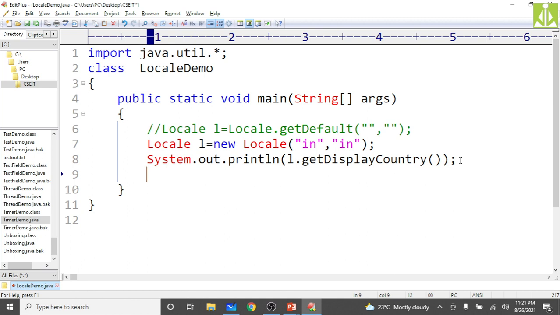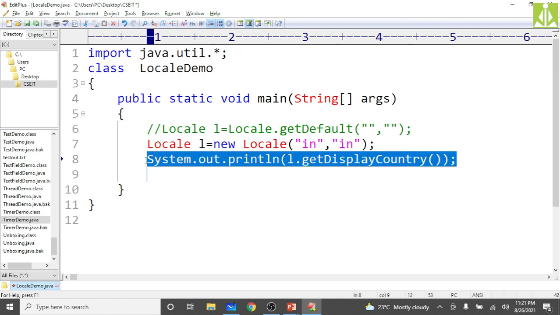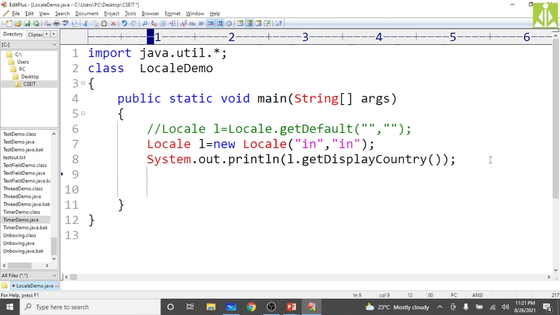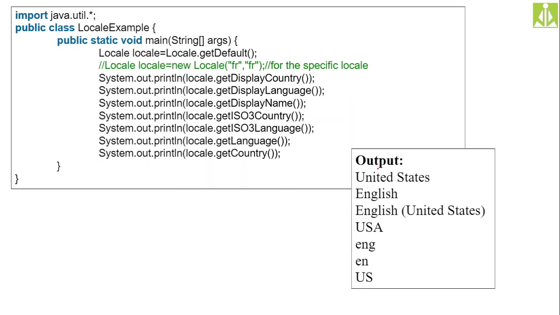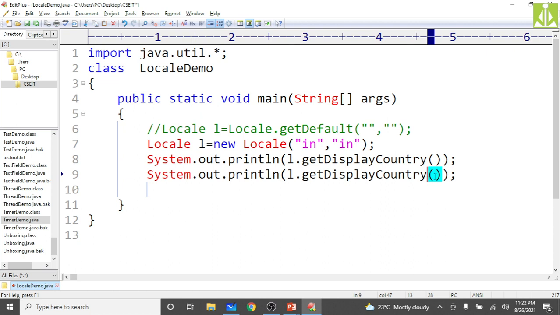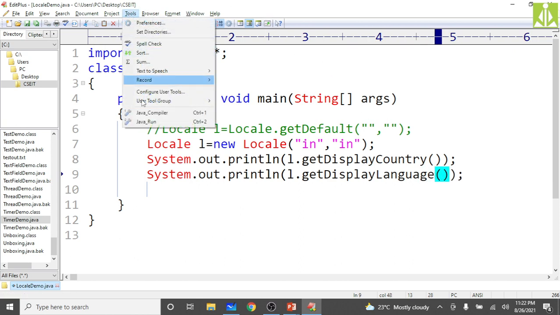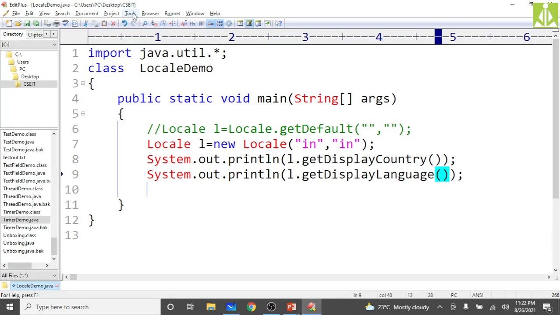So here we are displaying the country name. You can even display getDisplayLanguage. We will see for India what language we have. Language we can display, compile, then run.